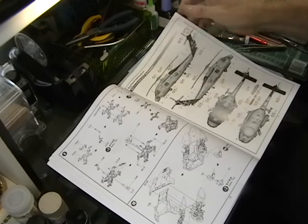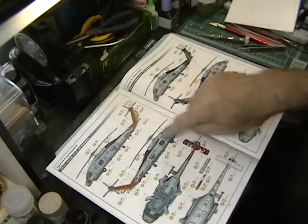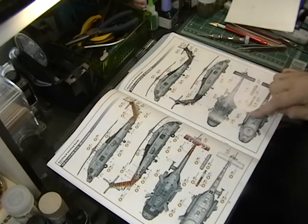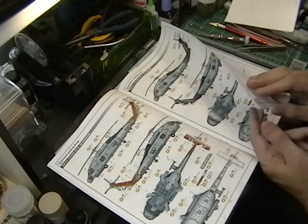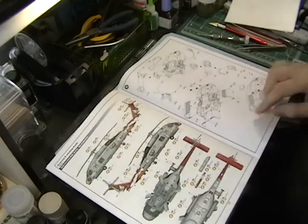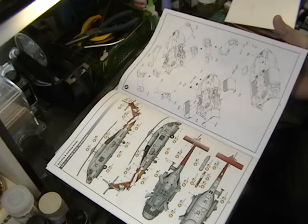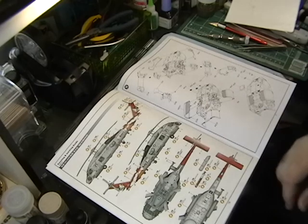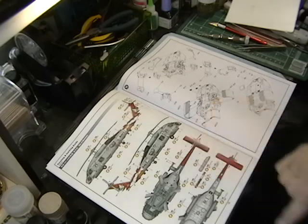Another color sheet for a different paint job there. And then there's the Tiger Eye one, which is probably the one I'll do because it's so colorful. This one's actually pretty neat too. Man, may have to have a couple of these. You can fold the rotors back too, supposedly on this kit. There's the Shogun version. Nice color